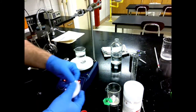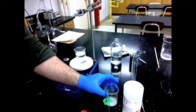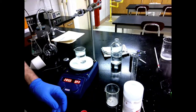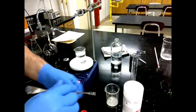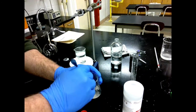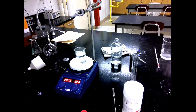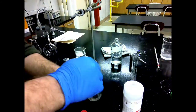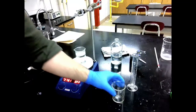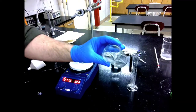Okay, and that should be as much as I can get out of there. So now I'm just going to really stir this up to try and get as much of that dissolved as I can before adding any water. This might take you a few minutes. Alright, that took me about 3 minutes or so of stirring, but I was able to get all of it